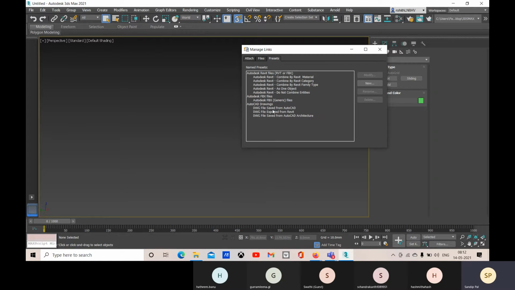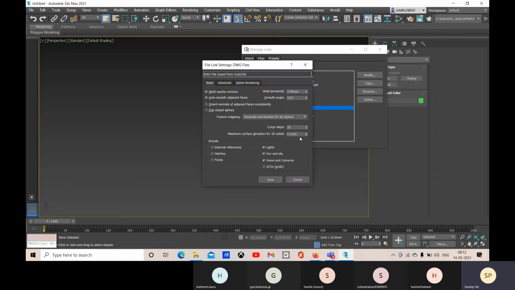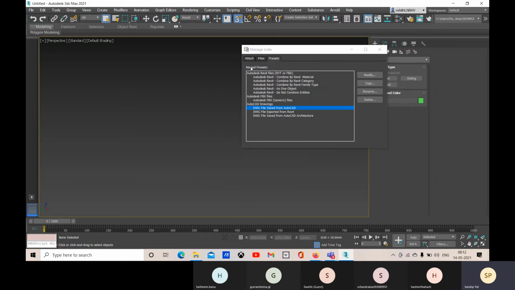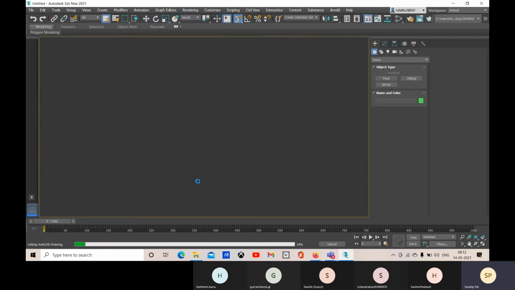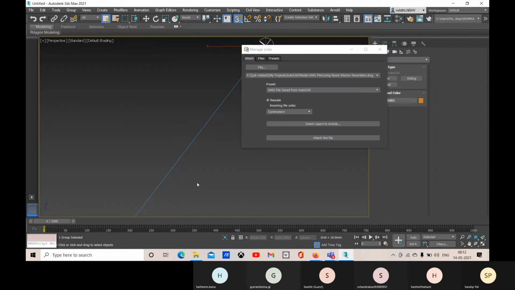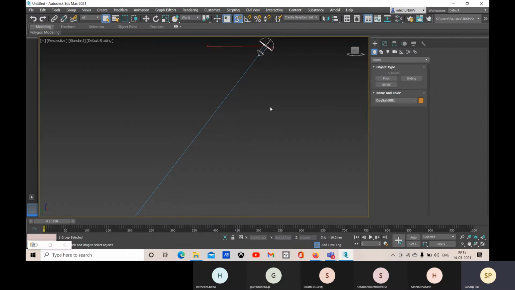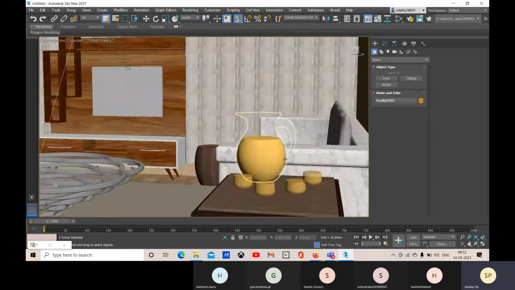Let me select and check it once. Yeah, so these are the things. And let's go for attach this file. Let me hide it now. And here you can see, right?